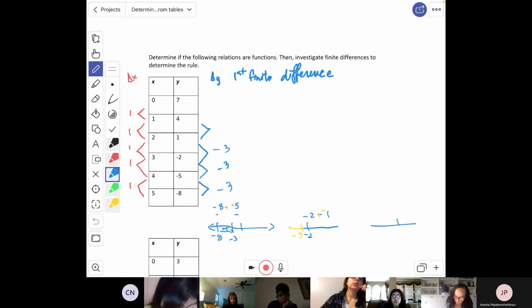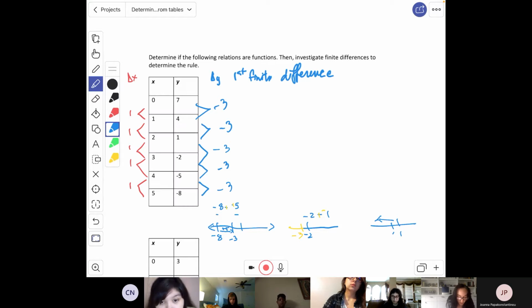If I'm at 1, and I go back in the negative direction 4, -3. Yes, -3. All right, there we go. And what about 4 minus 7? -3. Again, -3. So now that we've calculated our first finite difference for every pair of consecutive points,